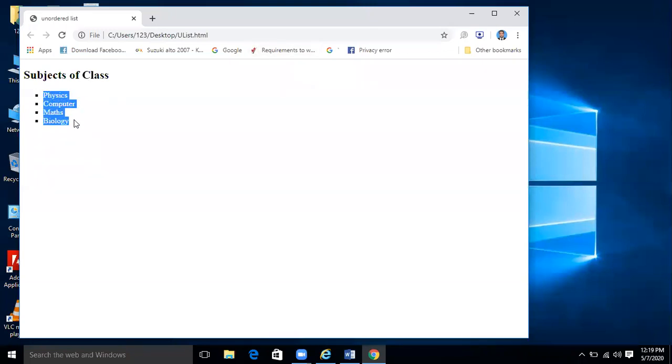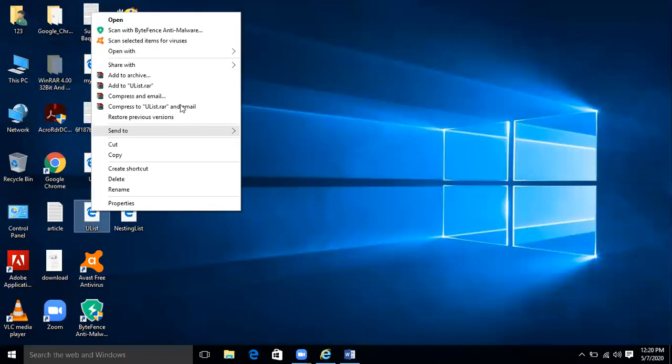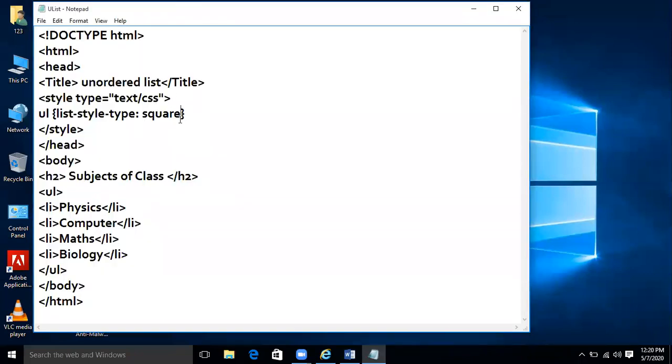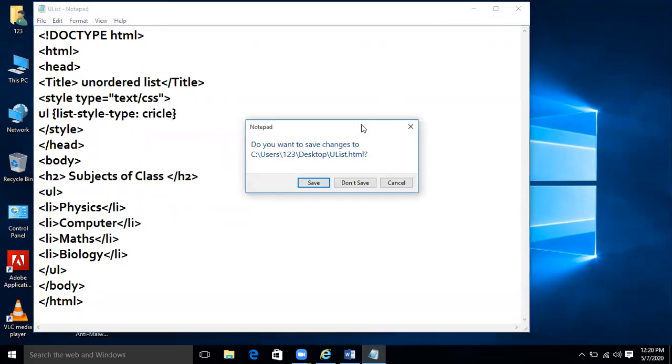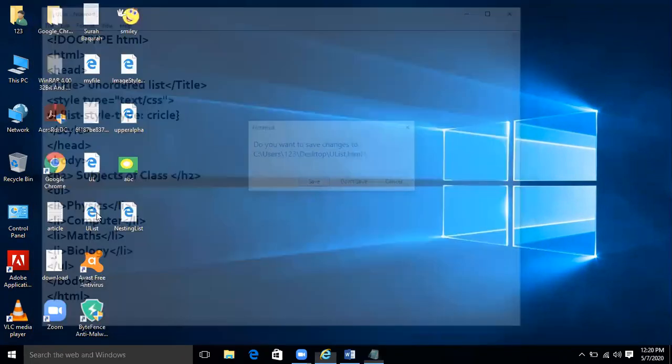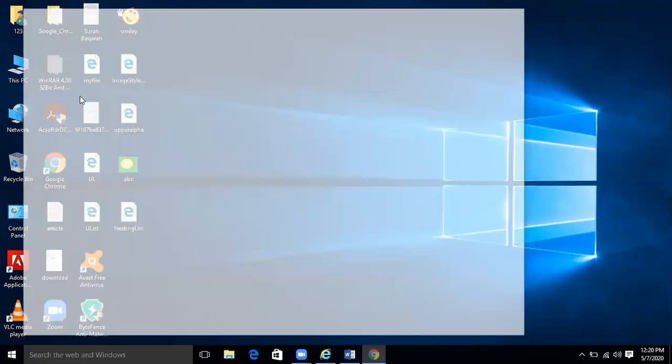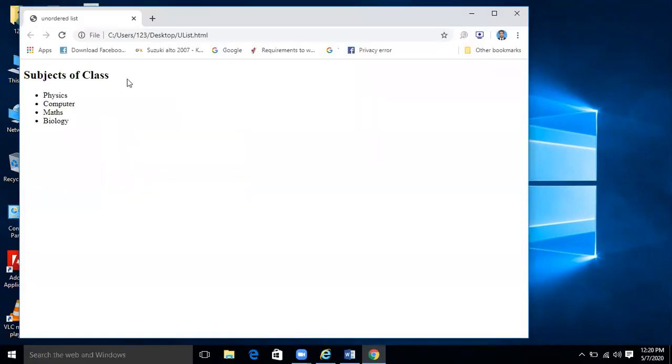In this program we are using square; we can use circle instead. But how can we use an image in the list style type instead of this square or circle? I want to remove this square or circle and have an image. This is the question that I am going to explain.